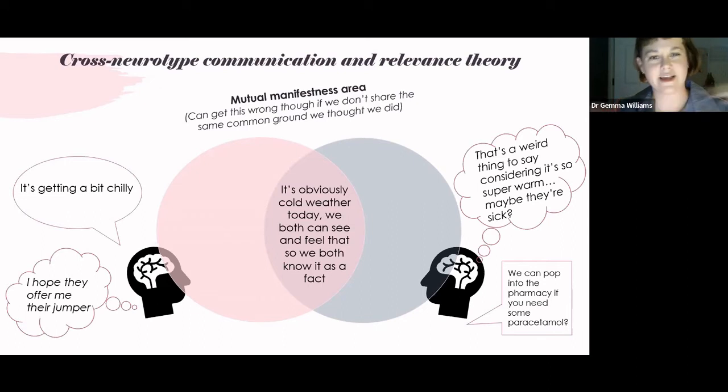And on the surface, this looks like a really real miscommunication and mismatched, pragmatically mismatched responses. And in my diagram, there's no assumption which person here is autistic or not. It could be either. Okay, so